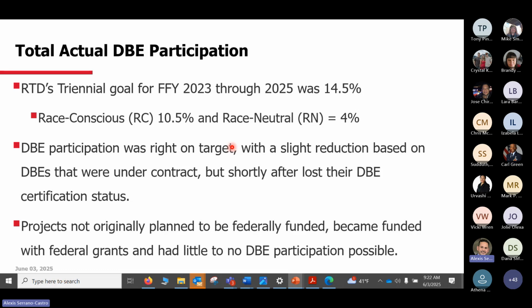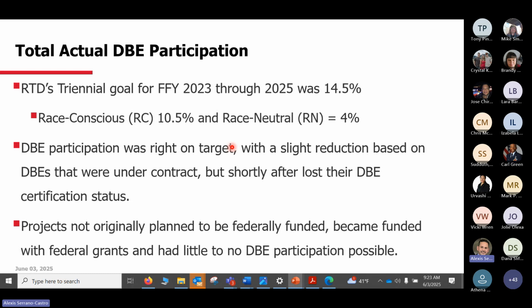So we're actually really close to meeting the 14.5, but shortly after we executed one of the biggest contracts related to construction, we lost one of the DBEs because they lost DBE certification status. Therefore, our current triennial is not meeting the 14.5, but we cannot count them as part of the goal. So historical and actual data